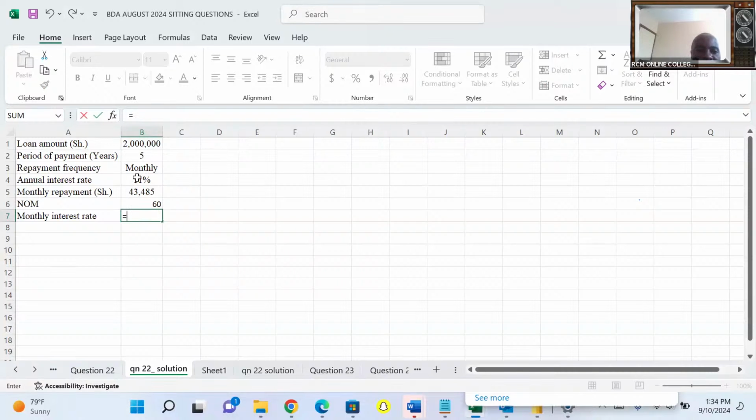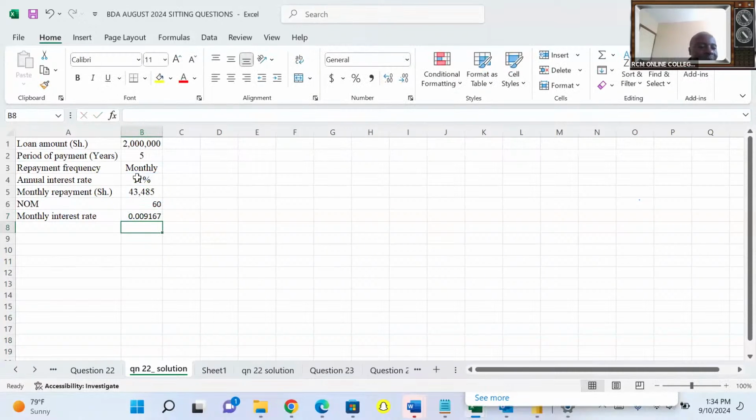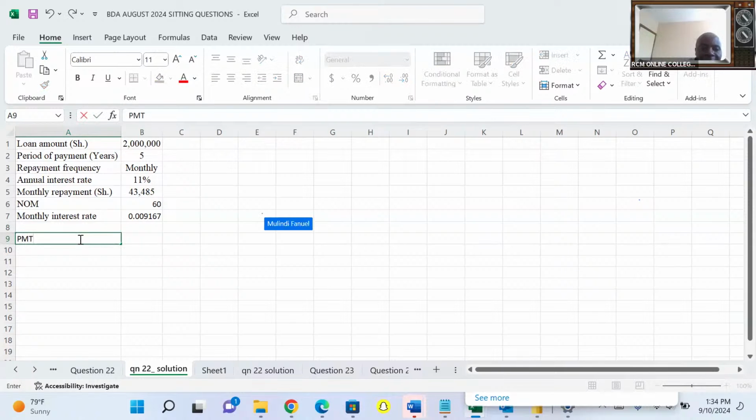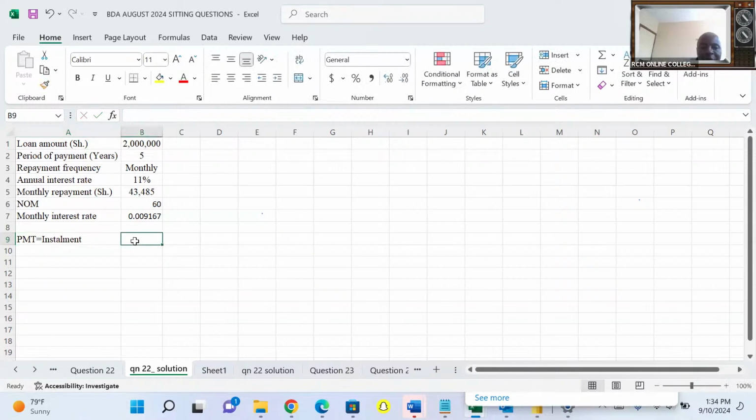So this is a rate for a whole year. So I'll come and divide this by what? I divide this by 12 to get the rate of interest per month. I can convert this to percentage if I wish, but now from there, number one, they want me to give them the PMT, the payment. The PMT is the functionality in Excel that is able to tell me my monthly installments. So this PMT stands for the installment. How much will I be paying every month?